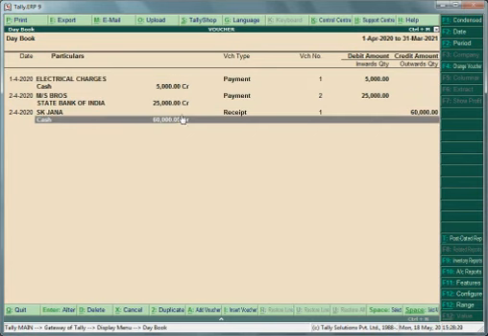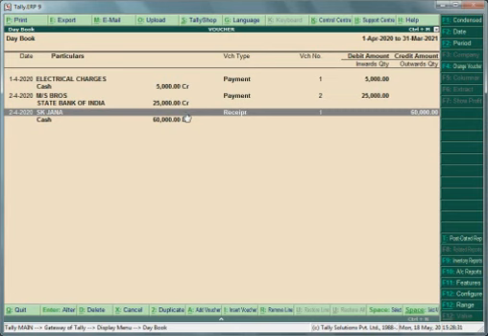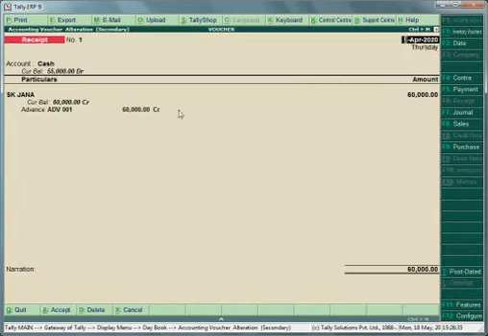Now we made SK Jana an advance payment, so we select SK Jana and press enter key, and we can see here the voucher, which is SK Jana and receipt against advance, and the advance bill number is here. Thus we can make payment and receipt entries or payment and receipt vouchers.